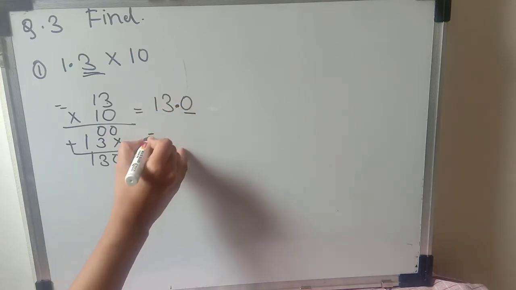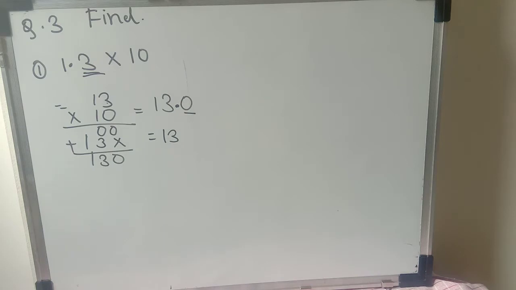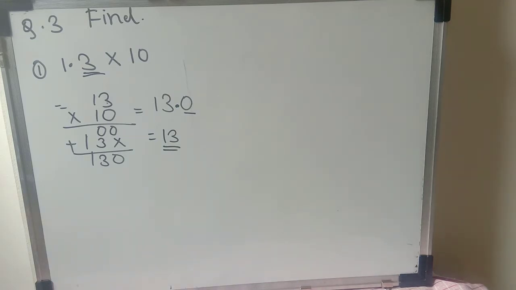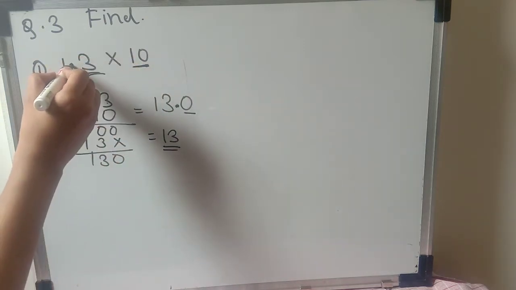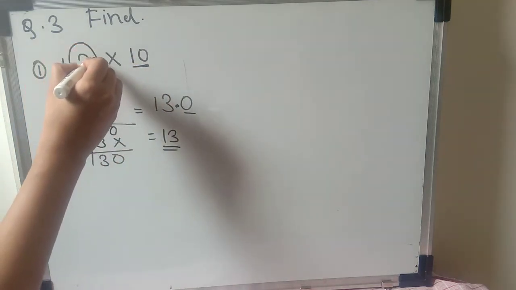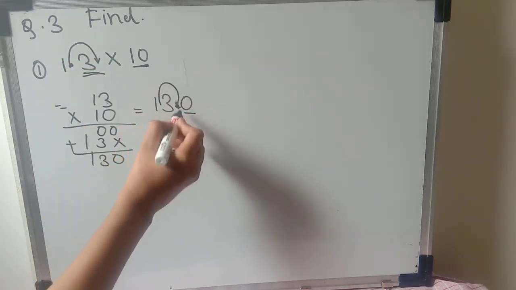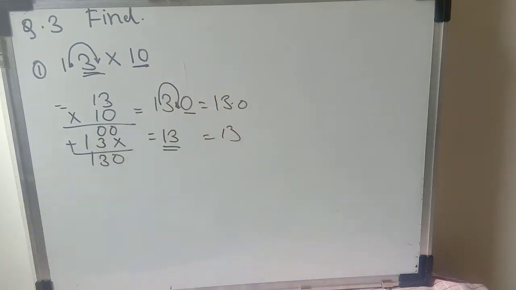So here we got the answer, that is 13.0, because after the decimal if the number is 0, it means there is no value. So if you write 13 only, that is absolutely okay. तो यहाँ पे हमने देखा, एक 10 की जगह हम कभी भी मल्टीप्लाई करते हैं तो डेसिमल जो नंबर होता है एक प्लेस छोड़ के आगे जाता है. यहाँ पे भी ऐसे ही हुआ है, पहले यहाँ था, एक प्लेस छोड़ के यहाँ पे गया, and the answer we got is 13.0, which is equal to 13 only. Okay, so here we have seen the first example.